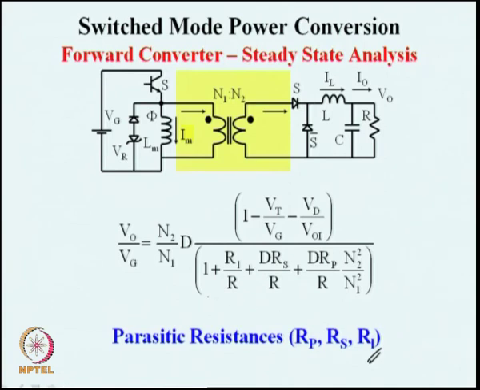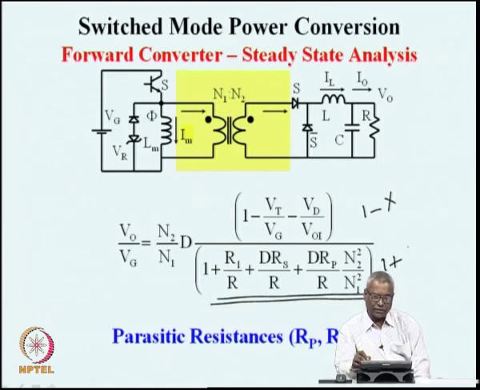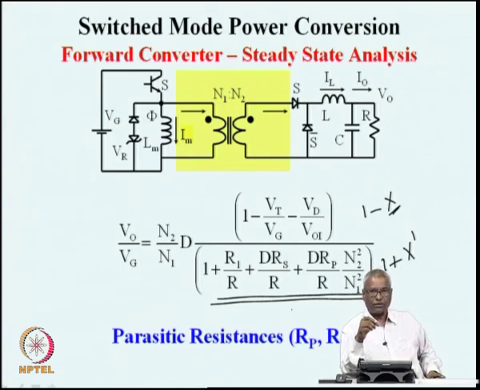And once that is done, you will have additional terms which are contributing to the efficiency being less than 1. This numerator quantity is 1 minus some quantity, and the denominator is 1 plus some quantity. In an ideal converter, this x and this x dash both are 0, but in a real converter this has some effect, a penalty. The output voltage drops because of the series voltages of the devices, and there is a similar penalty on account of the conducting paths all over the place.